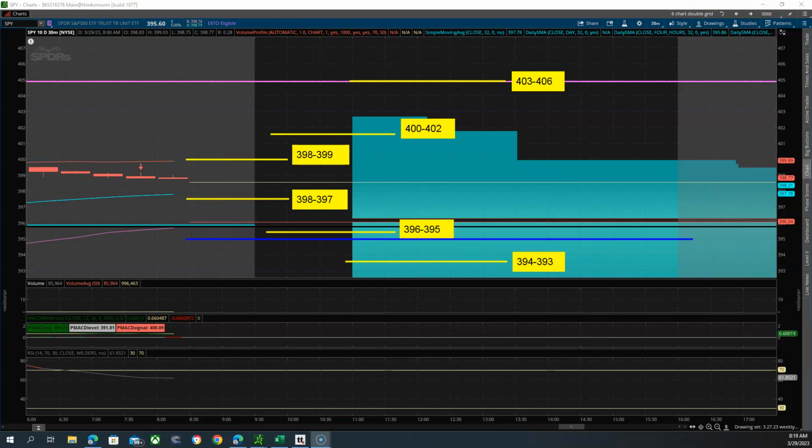Give me just a second here. Looking at a couple more things, whether to get out of a position here. Yeah, so that is that upper edge of the market makers expected move, which I have as a target. And then